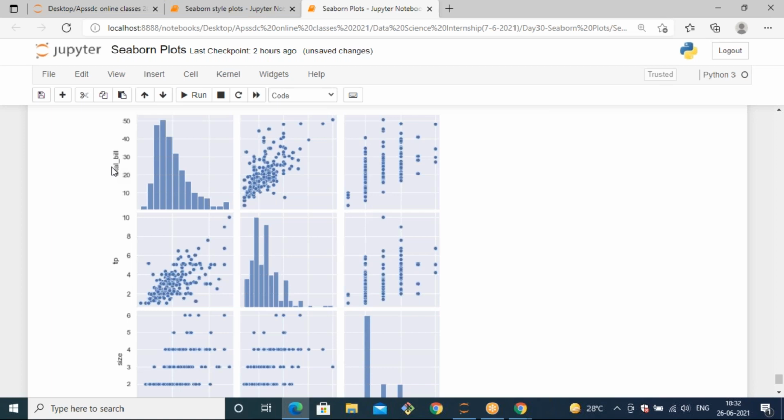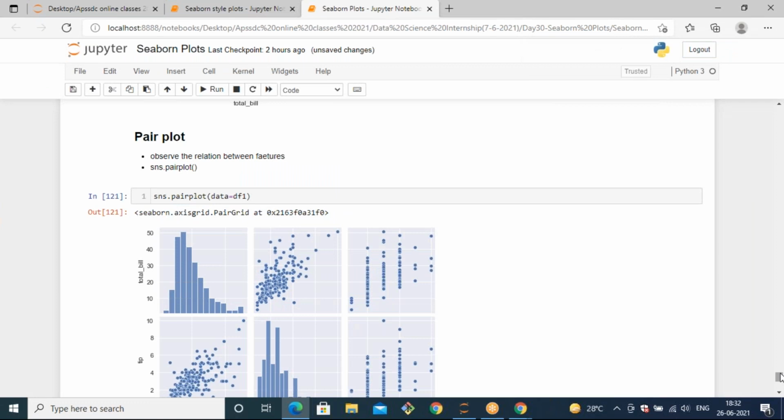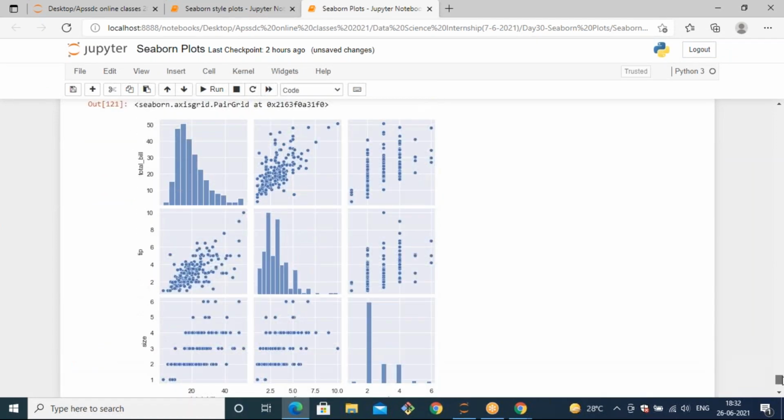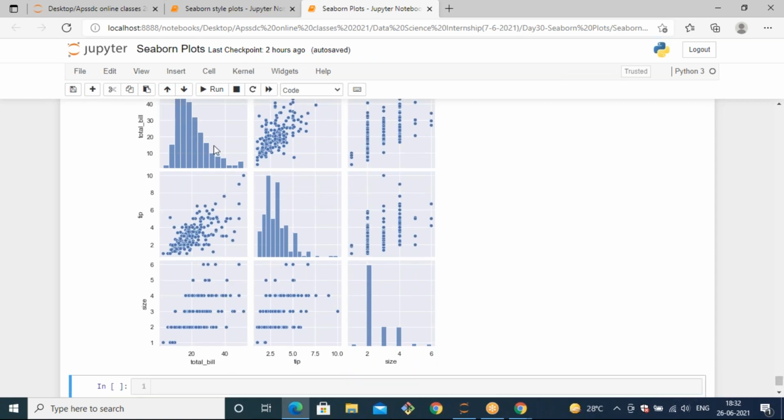If you see total bill to total bill, there is no relation. And if you see total bill to tip, there is not a particular relation. And also if you see total bill to size, if the size is increased, total bill also increases. You will observe one thing: if the size is increased, total bill also increased.